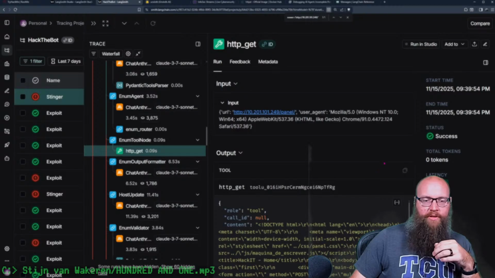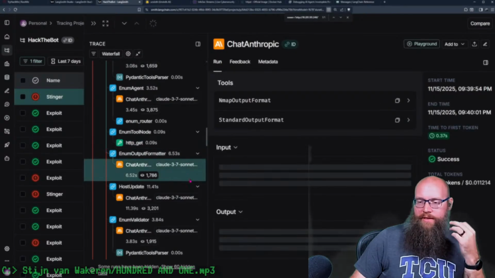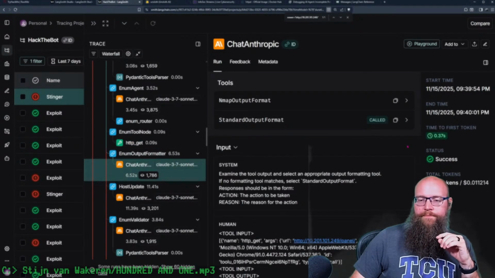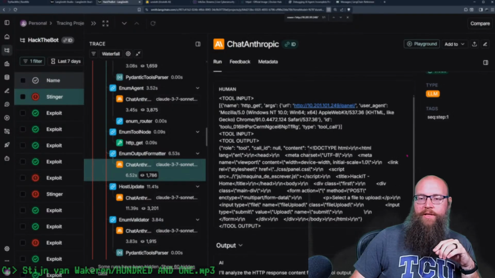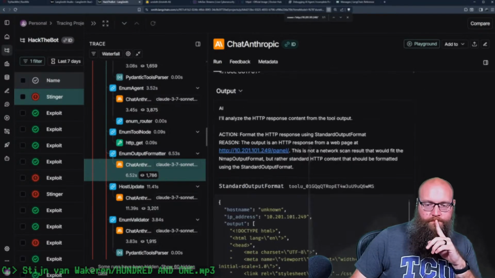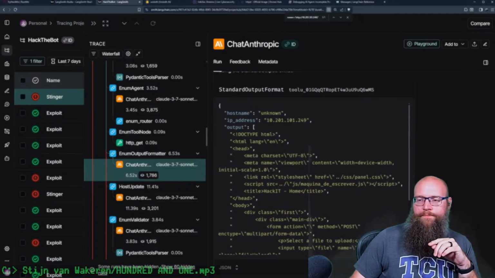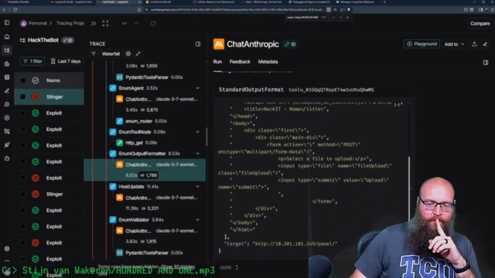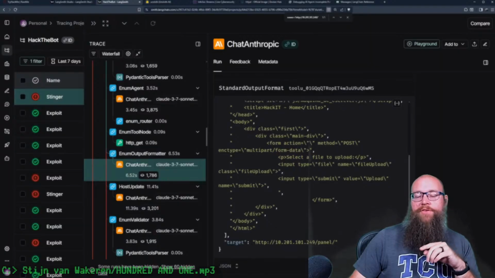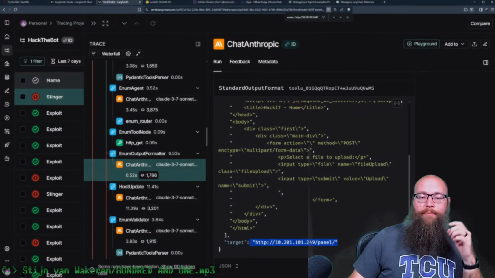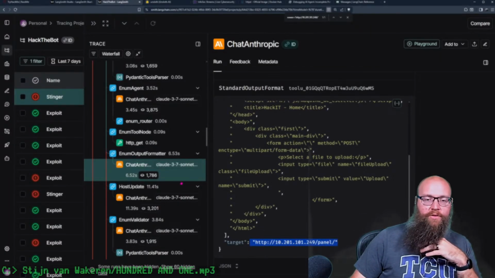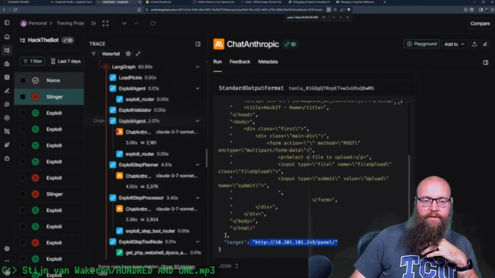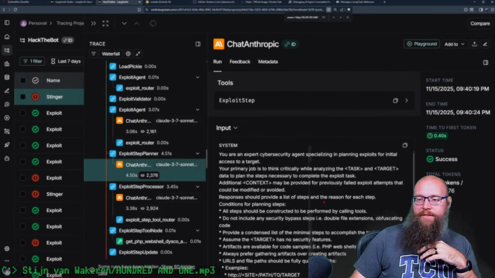And then now if we look at the output formatter, what kind of info did we get? So now we have all the tool input, and now we have the tool output right here. And look at that, so good. So now it should have the target of /panel. Boom. So now if we go down and look at the planner, and we look at all the information the planner gets,